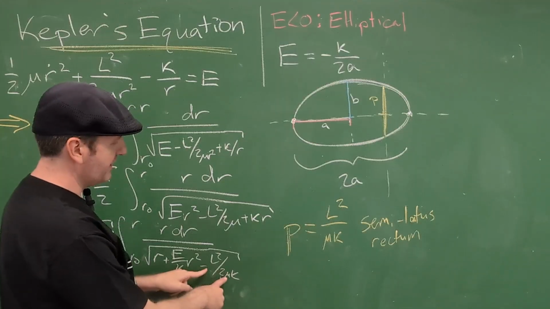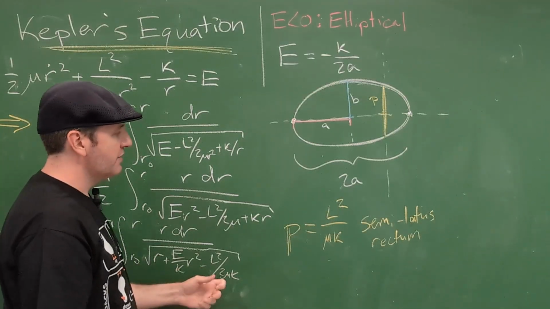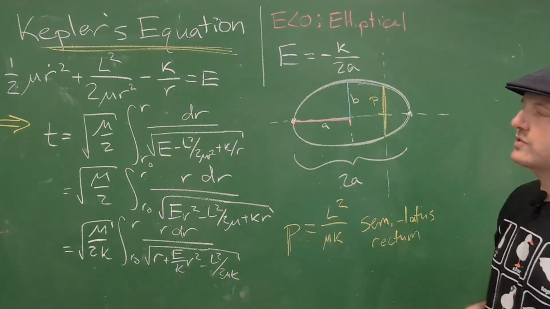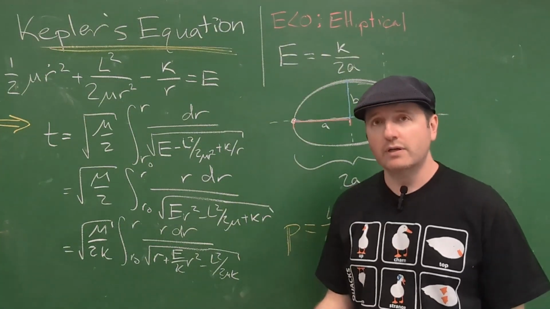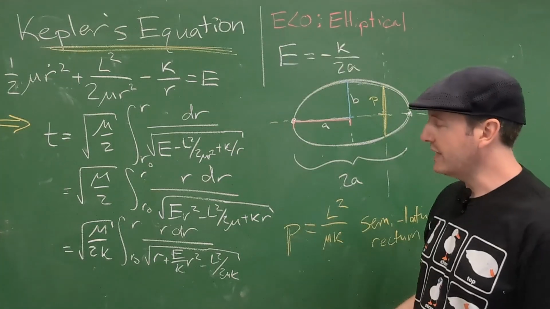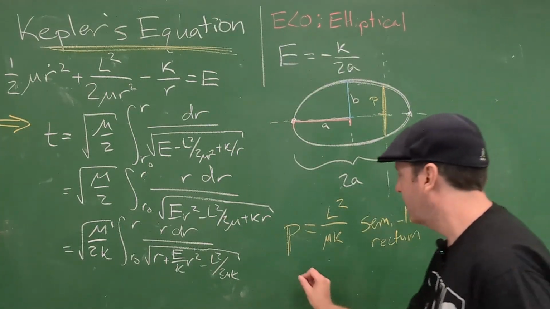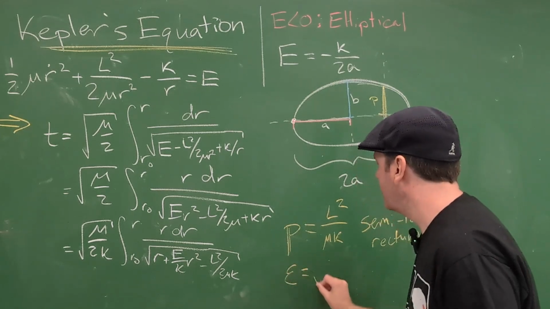And we see that that shows up here, except with a little extra 2. So it might be nice to rewrite things in terms of this P. We also want to remember something that we derived earlier, which is what the eccentricity of the orbit is. And as a reminder, if I want to write down the eccentricity,